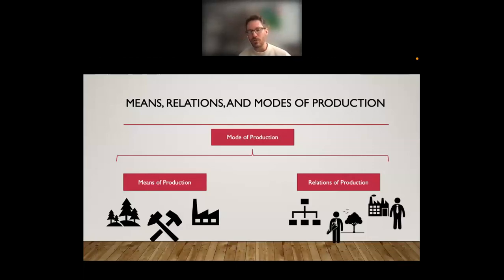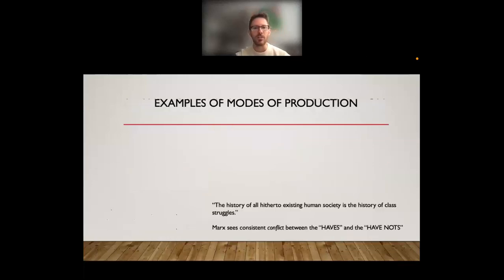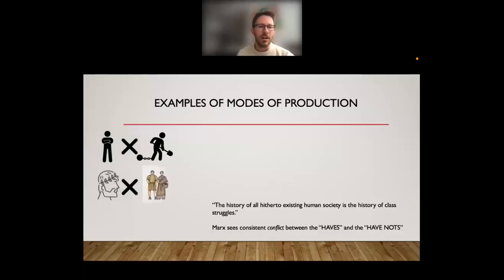So he goes through four main kinds of modes of production. First is the master and slave. This is when the master owns all of the means of production, and the relation of production is that the master even owns the slaves. Slaves are considered a means of production rather than humans. Then there are the